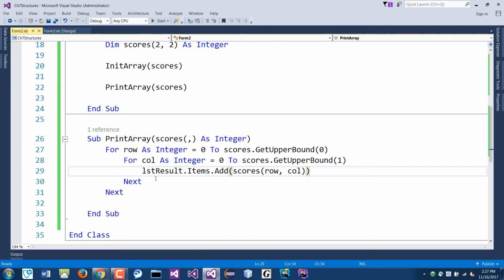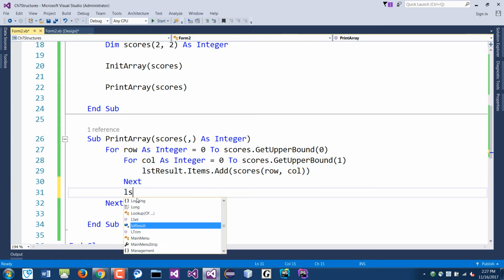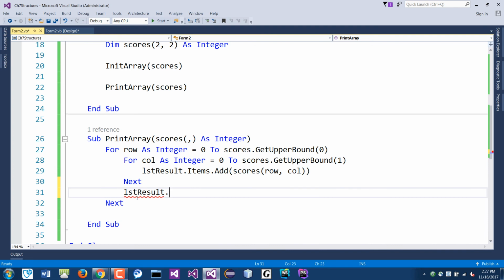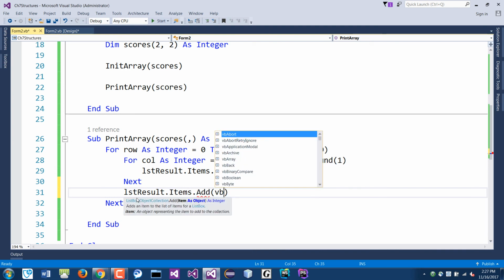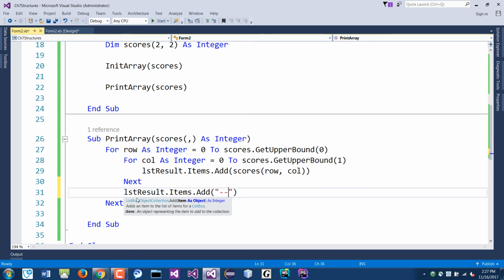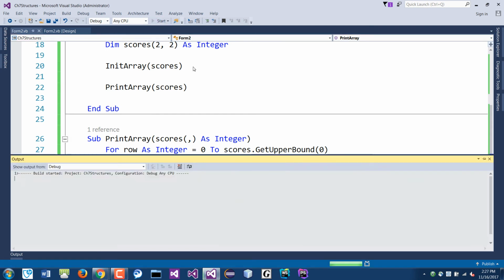Okay, so let's see that we can do that. Right after you print the first row here, before you go to the next row, you want to print a separator, maybe like line items dot add, and then not a tab, but just a separator to show that that is the end of that row. Okay. And as you will see, it looks a little bit nicer now, but